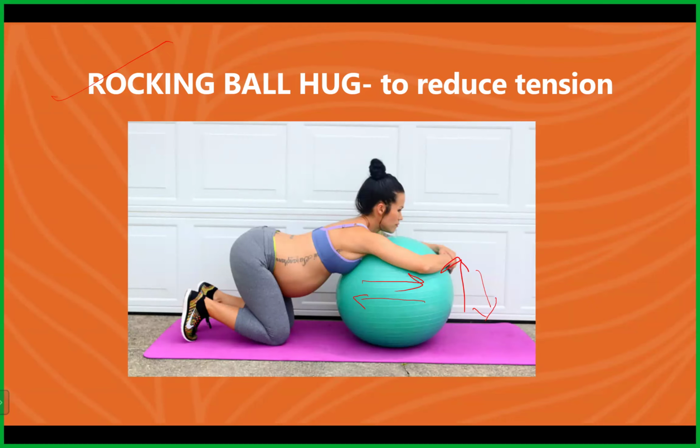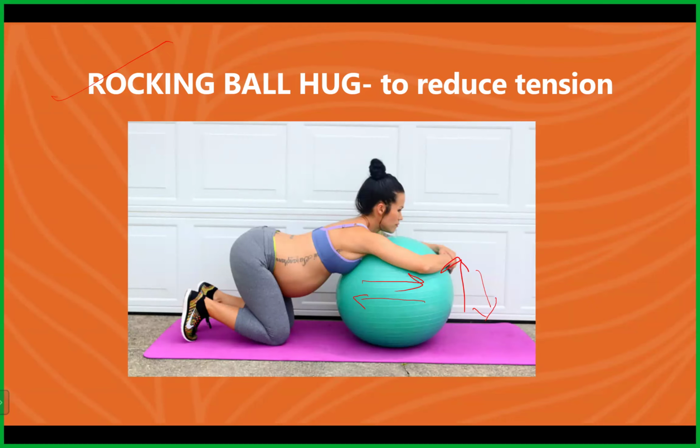Why? Because we even tell them not to go fully in supine position, so we do not encourage that on the ball. Side to side movement is somewhere close to what I expected. Cat and cow in this? Yes, but it is not that effective. What I meant is the trunk flexion exercise is there, right? So that you can do. That can be done in the first trimester also, and now also you can do.